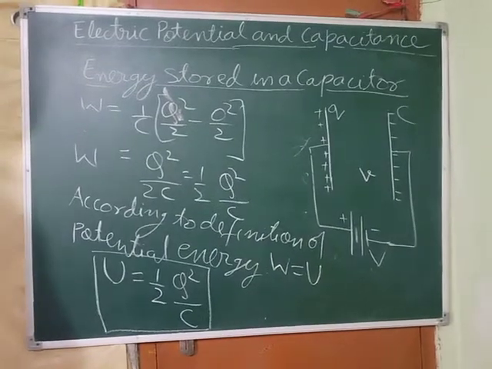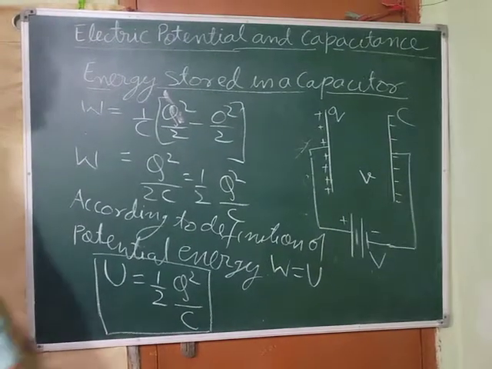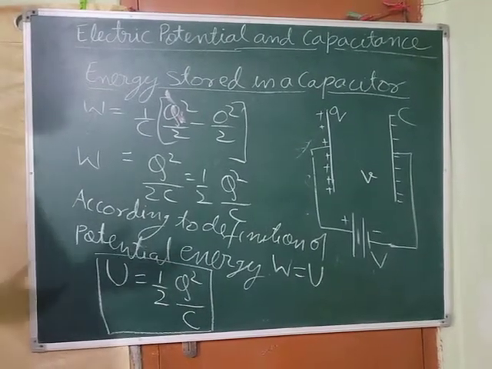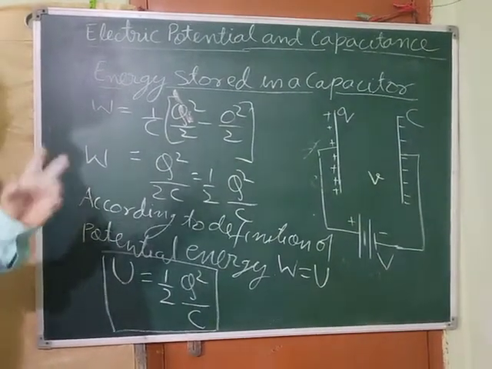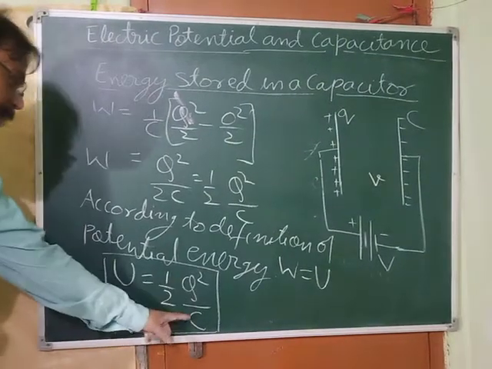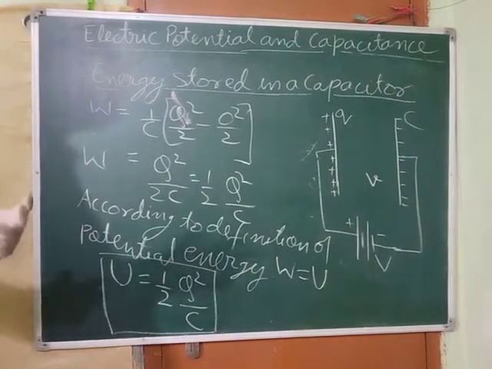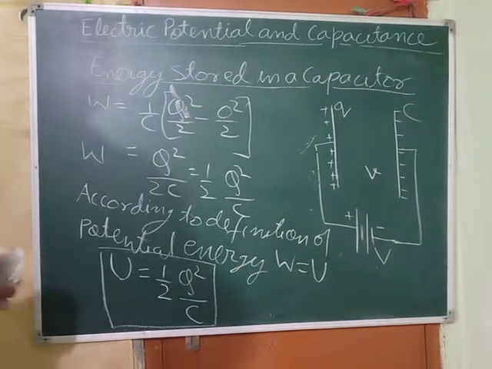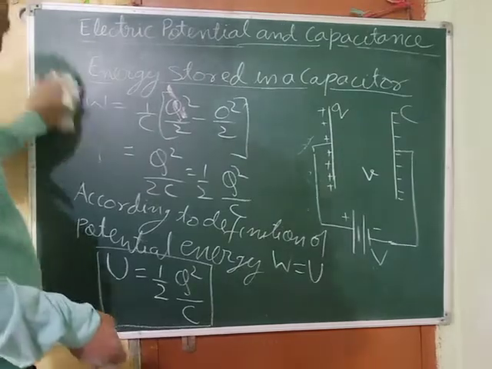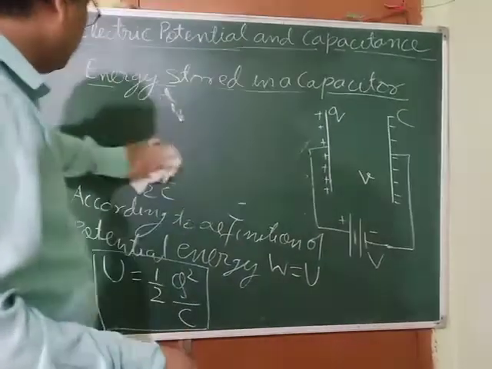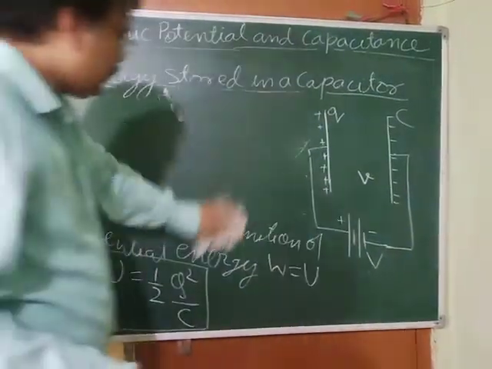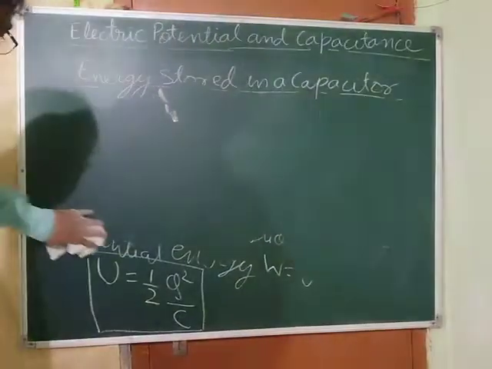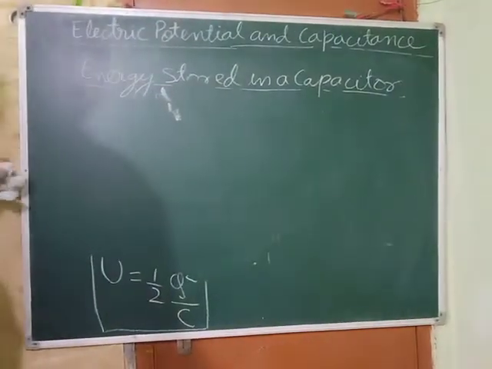But see, this energy can be written in 3 ways. According to the definition of capacitance, we know Q is equal to CV. So 3 variables are there, and here how many variables are appearing? 2 at a time. When 2 at a time are selected out of 3, how many ways can we select? 3 ways. So we can just move ahead now. Energy in a capacitor can have expressions like this. One expression we got, another expression.